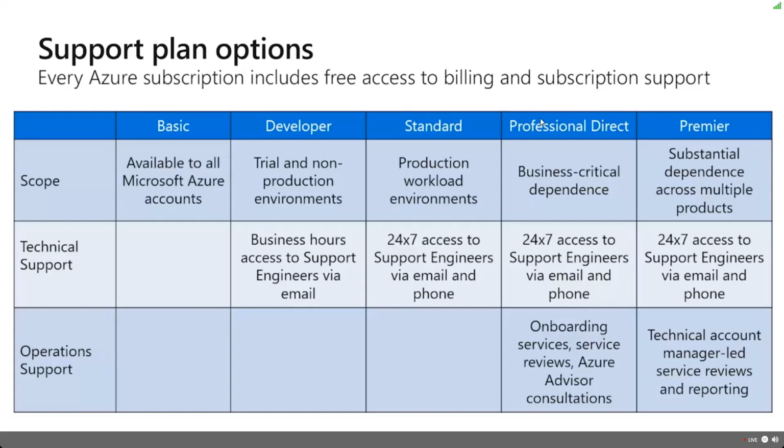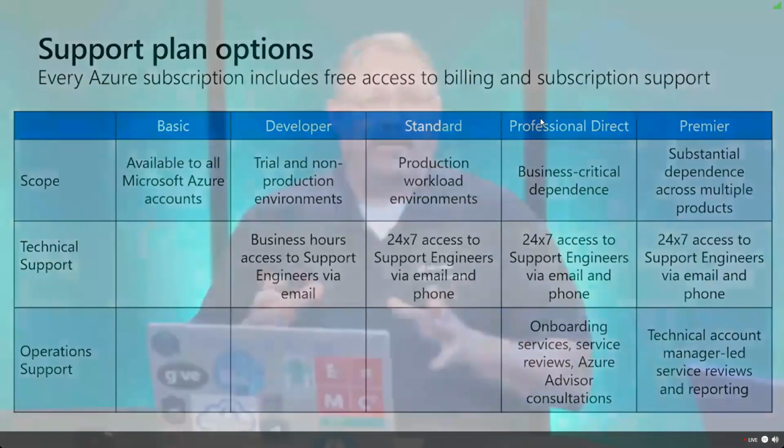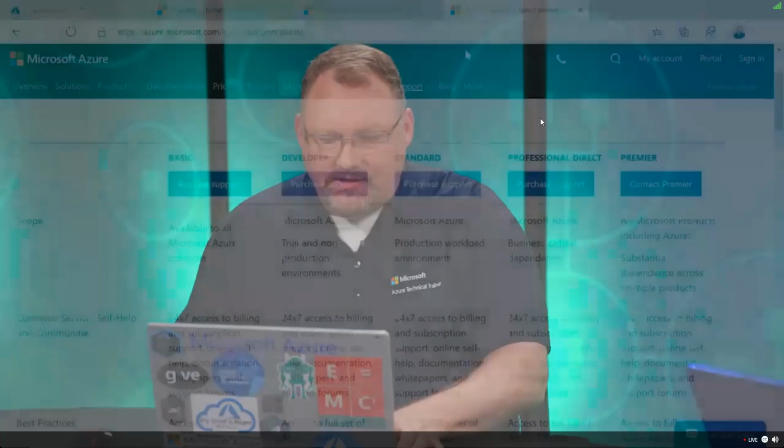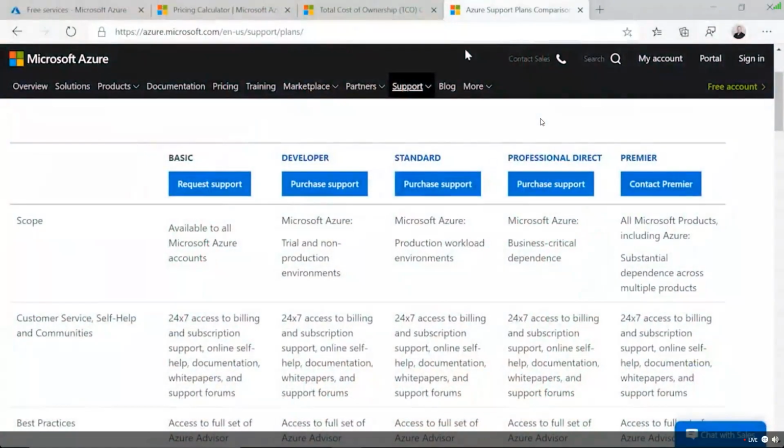Now, I want to show you real quick a website that has all of this information. This is in the fun path, the online learning path, aka.ms/AZFunPath. But when you take the exam, you're going to want to know these different agreements. I know in real life, folks, you have a support plan that you use for your organization. For the exam, you're going to be tested across the broad set of this. And so there's actually a website you can go to that has all of our support plans for you to use and leverage.